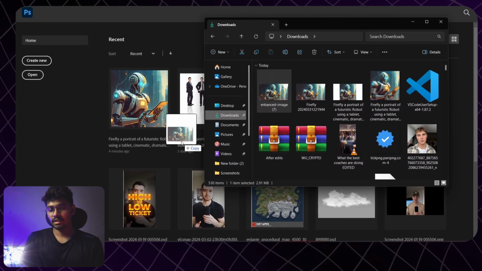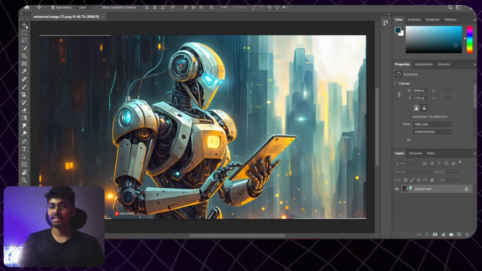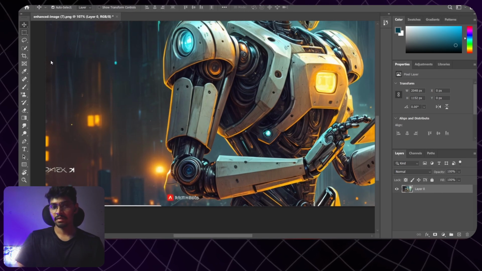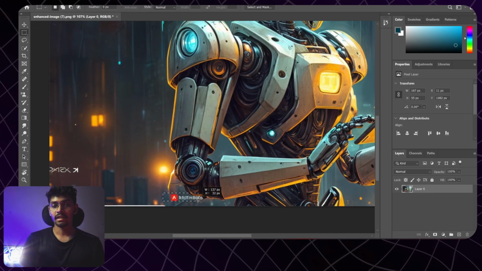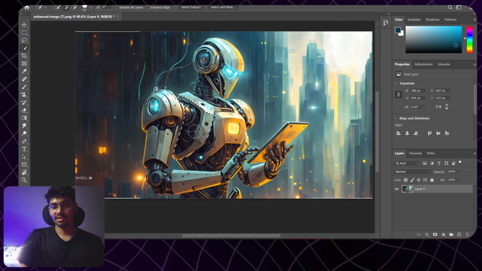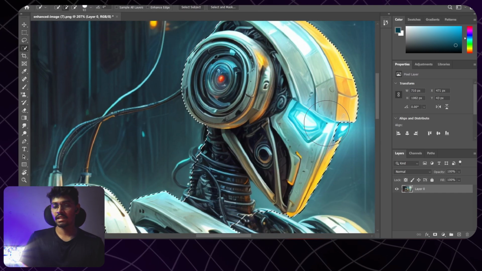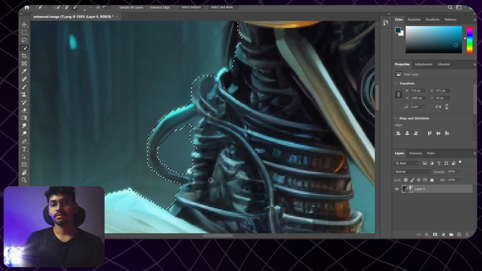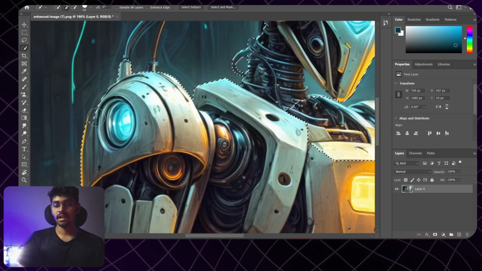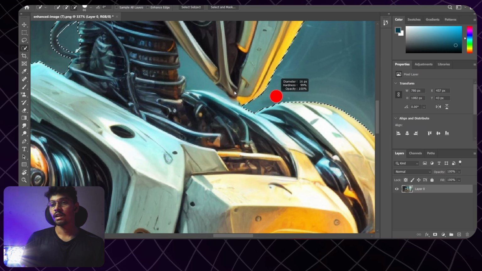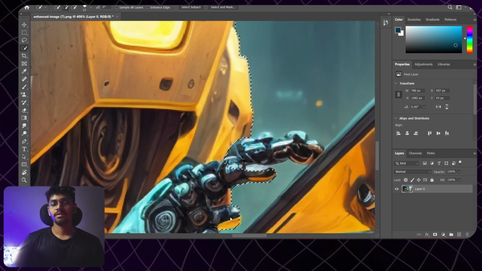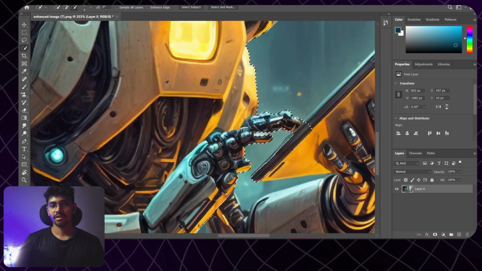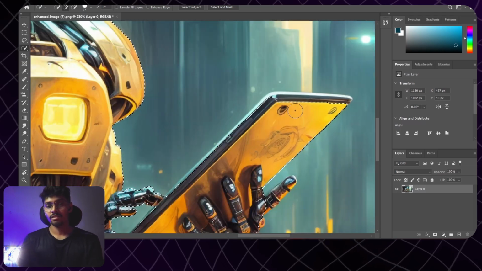Okay, so the first thing that we are going to do with this AI generated image is to separate the background and the character. And if you have a scene in which your character has hands and legs and you also want to move them as well, then you have to separate your legs and your hands as well. Separate them and try to fill them with the basic content aware fill, or if you have a generative fill, then